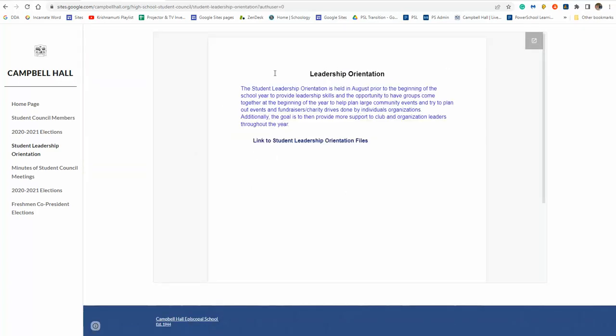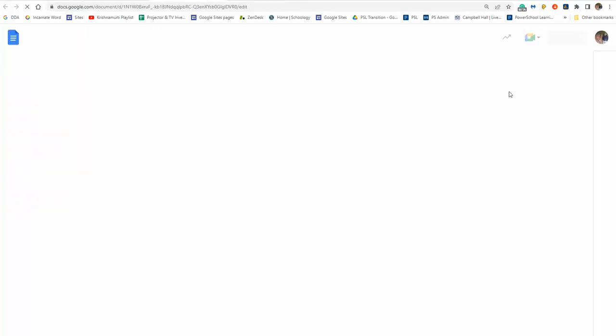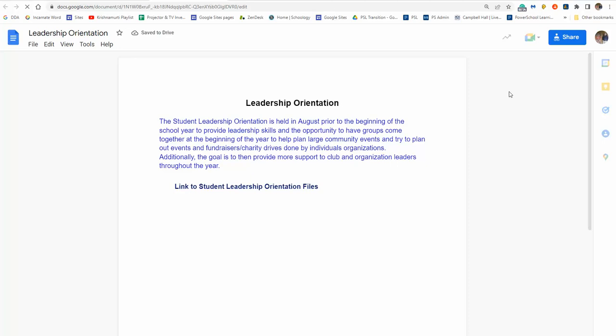Well, this is a document that is on Google Drive. And so you can edit this by clicking on this arrow and being brought to the site. Again, notice that I don't have permissions to edit. So